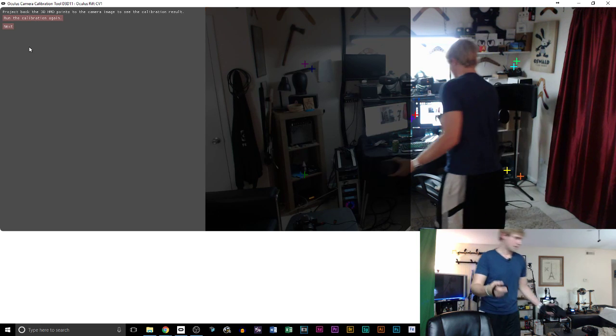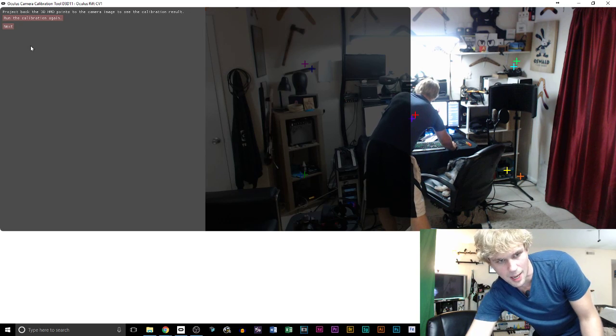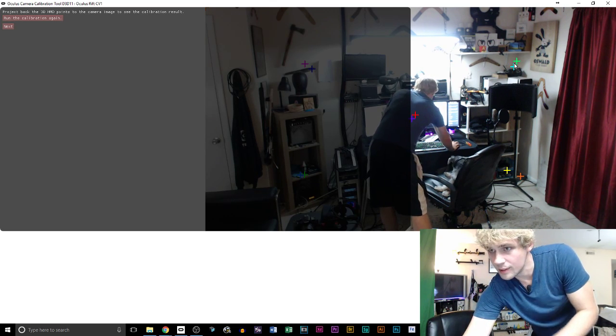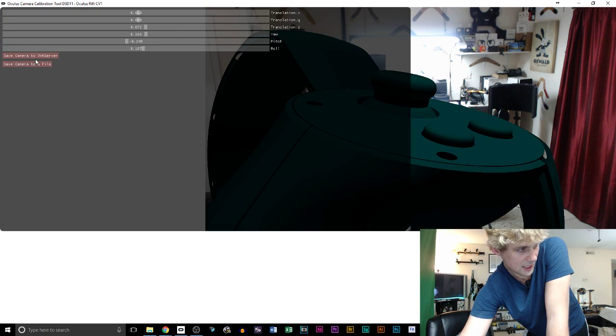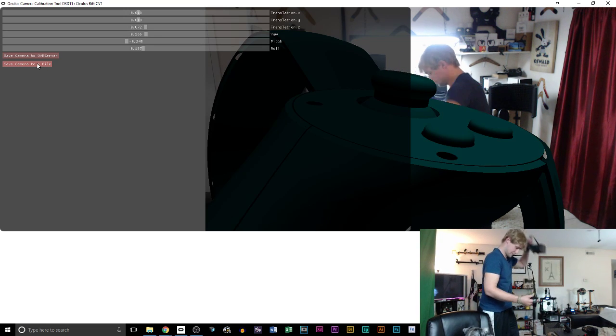All right. Okay, what you can see here is these little markers. They should almost be on top of each other. These little colorful markers you see, square, or that square, cross, cross. The closer these crosses are together, the better it is. So I would actually want to redo it and try to get them a little better. I'm not going to for this purpose, just because I want to finish the test. So you want to make those as perfect as you possibly can. And once you do that, you're going to see that